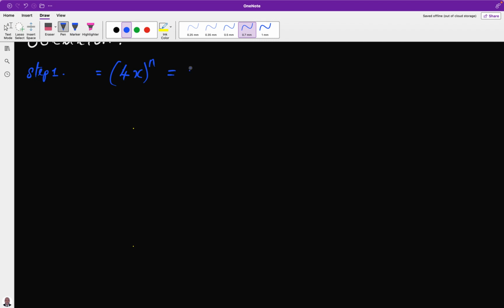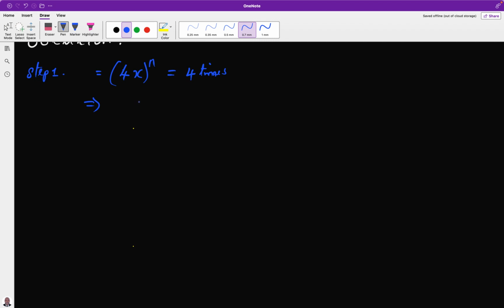Will be equals to 4 times. This implies that